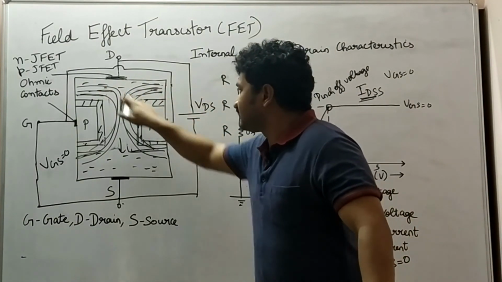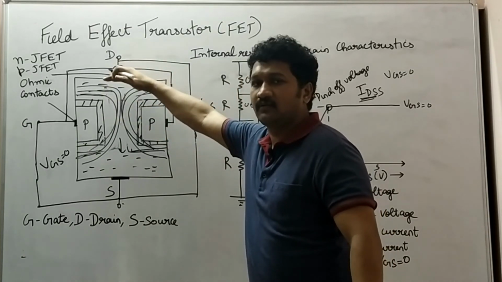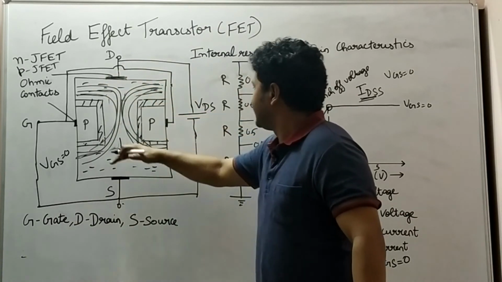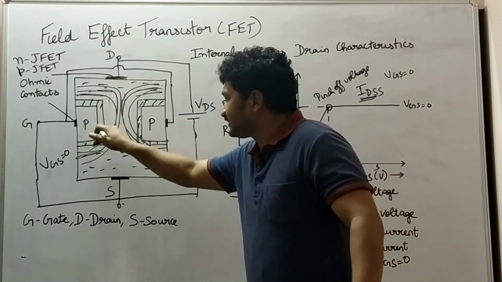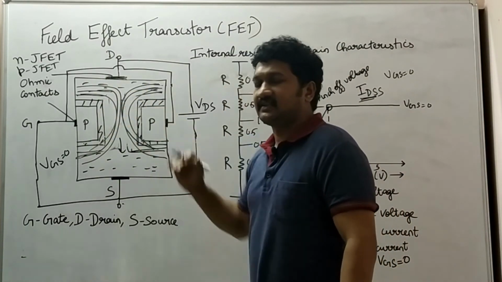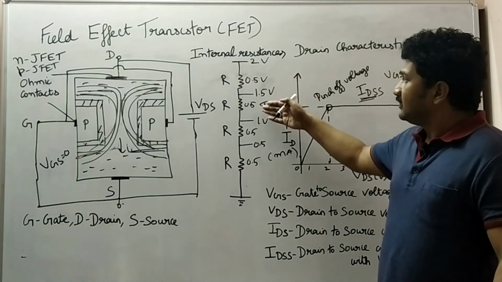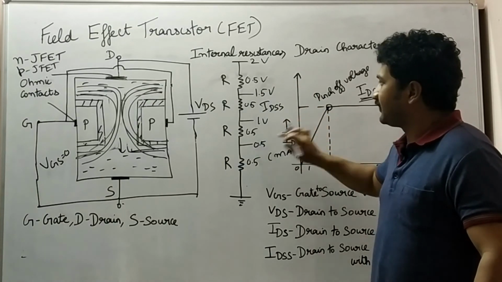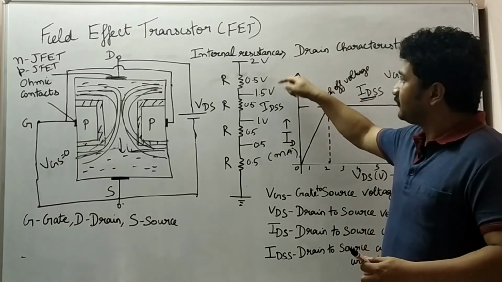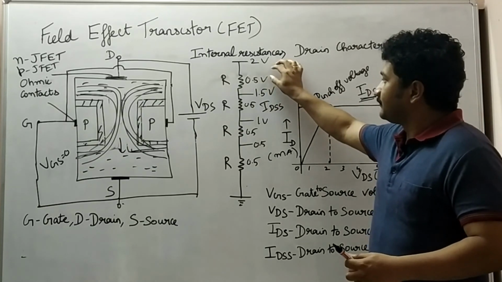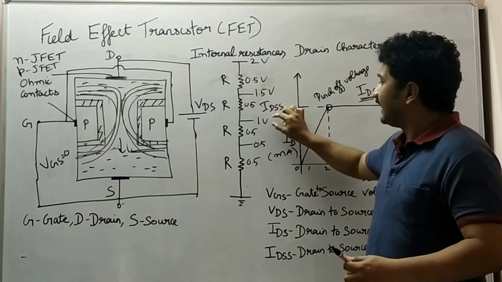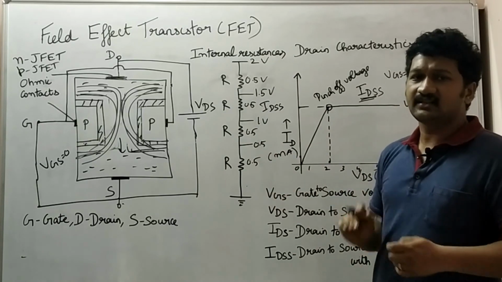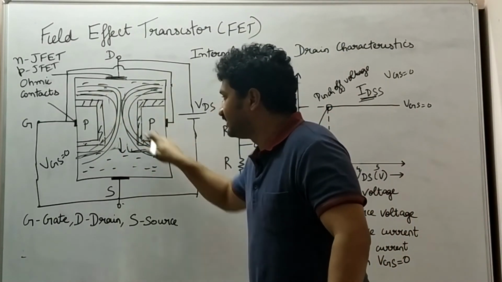So the depletion curvature is more at the top because more voltage can be experienced here, and as the internal resistances go on increasing, another 0.5 volt drops here. This curvature slowly decreases because the voltage drop starts to increase. Here 1.5 volt and here 1 volt and 0.5 volt. From 2 volts, 0.5 dropped here, 1 volt dropped here and remaining 1 volt is here. Voltage drop starts to increase as the internal resistance increases. That is the concept, and that is the reason why this depletion region is in a curved way.